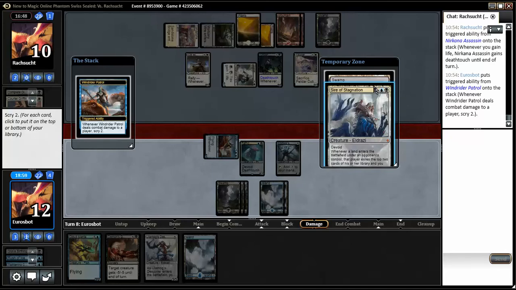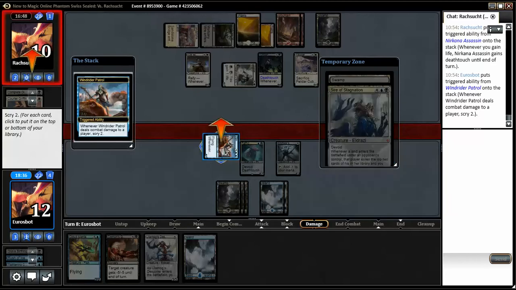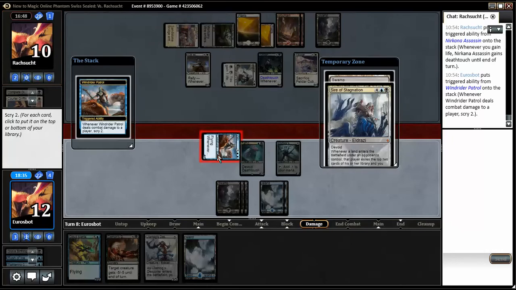Do I want another land? I can't see. If I had 9 mana, I could play both of these. I could actually play the Defiler now and these 2 next turn. Maybe that's what I should be going for. Sire of Stagnation doesn't do a whole lot. If I play Flyer now, I kill him in...